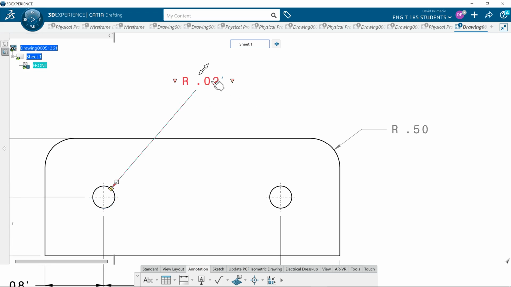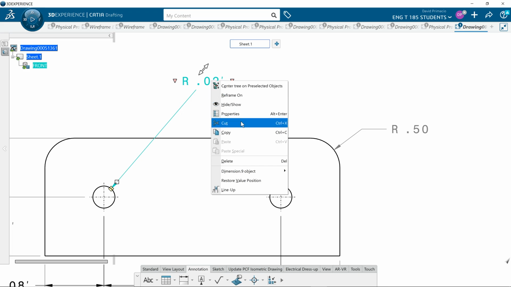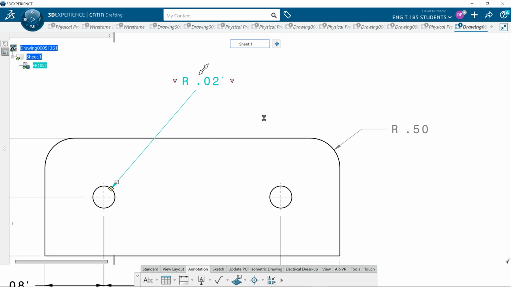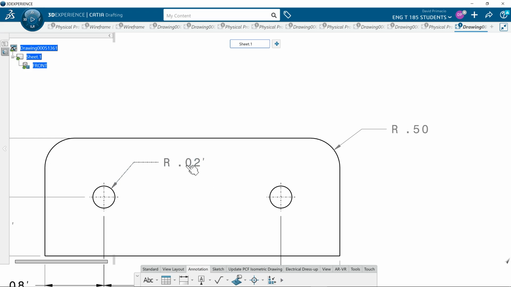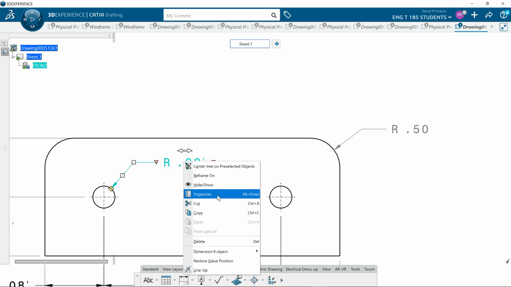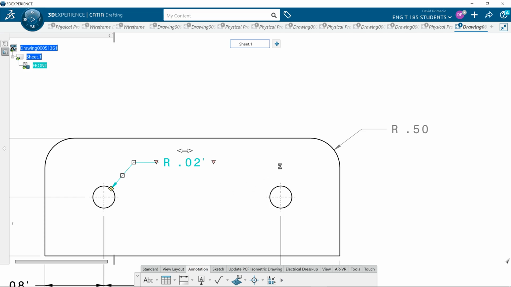We got to switch the ISO to ANSI ASME, so we go to Properties, switch that to 2 parts, select Apply and OK. Oh, and it's got to be diameter callout, so double click this. Oh no. If I click on this, right click and go to Properties, I don't think I see a way